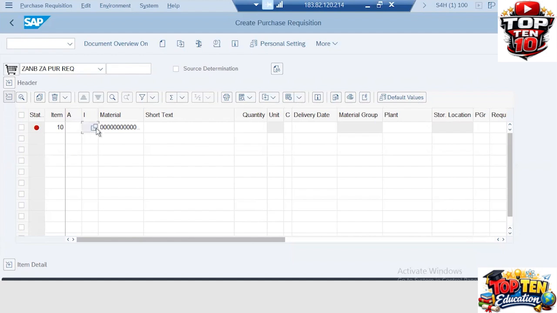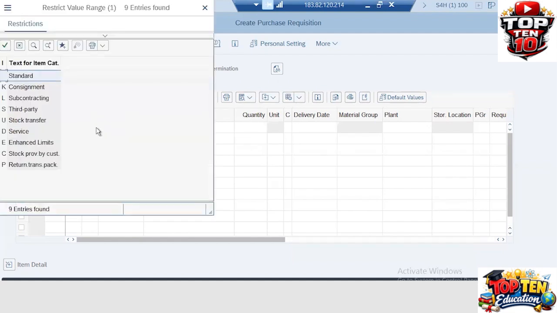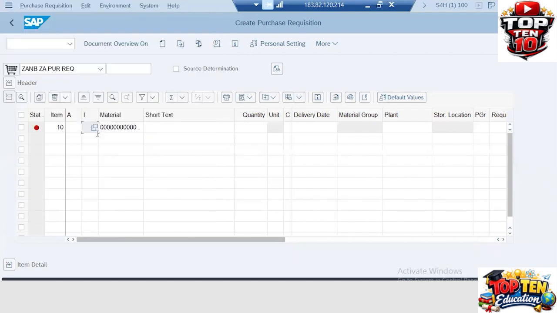Item category can be selected from here. And for standard, we don't select any, so that is blank. If we are not taking any item category, it means we are creating that purchase requisition for the standard. Now maintain the material. We have already maintained that. See, 900503. After enter,